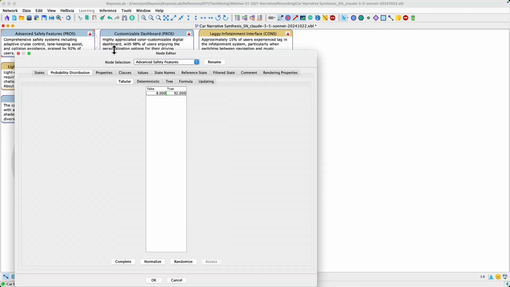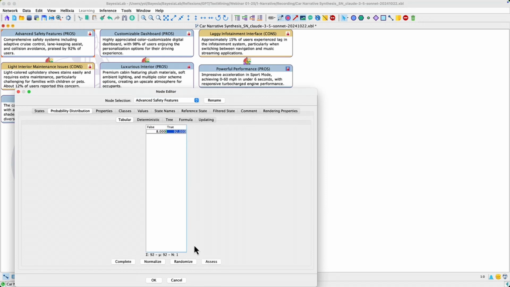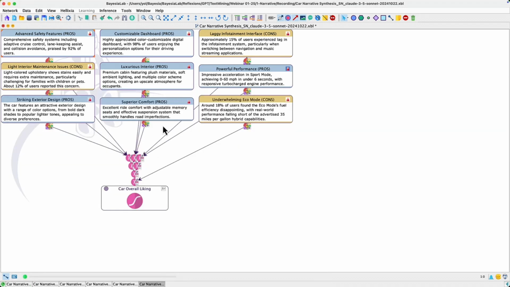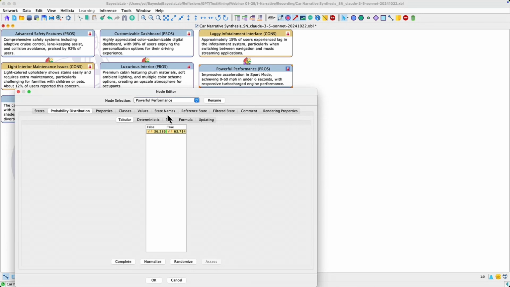So here, no disagreement, as you can see. All the experts have given the exact same distribution. 892, and it was not that difficult because it was directly written in the text, right? Then if I go to this one where it's dark blue, there is a strong disagreement. We can see that in the condition priority table, or in the priority table here. When it's yellow, this means that there is a strong disagreement between experts.